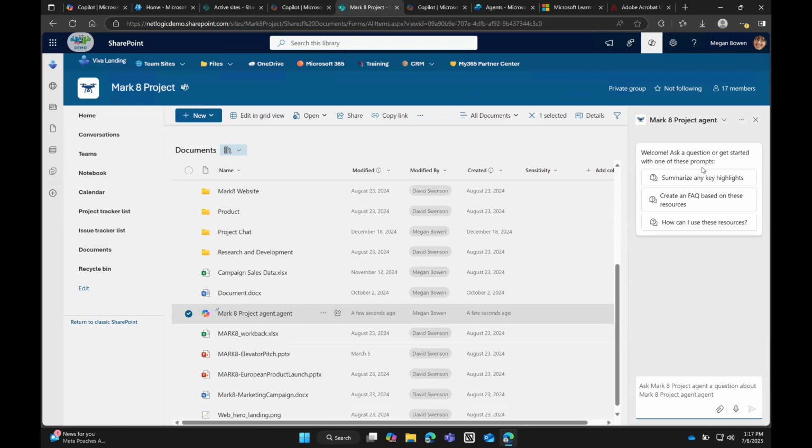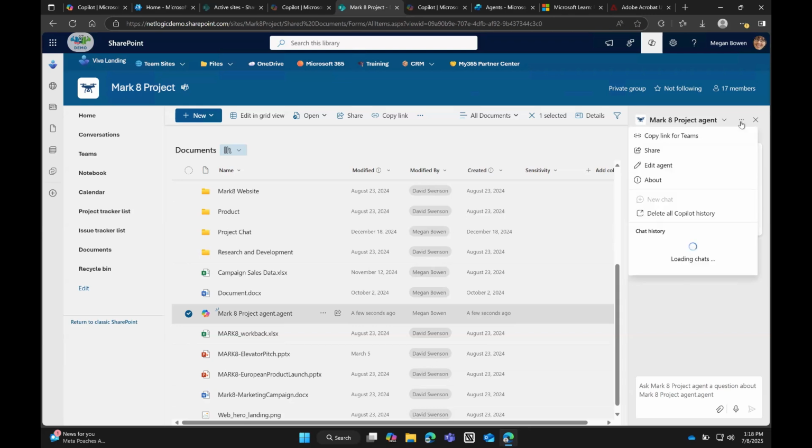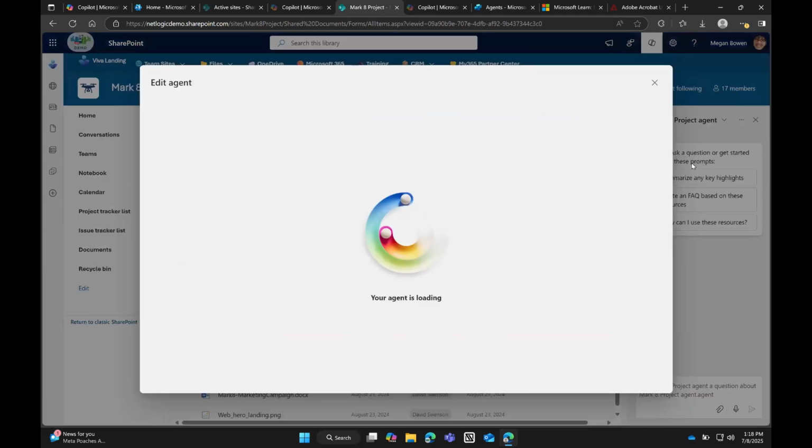So we can take a minute here to go ahead and edit it and give it a couple more instructions, which is really what starts to build the agent into something that you can use. How we're going to do that is let's click on the 3 dots, which, if you've walked through any of my trainings or calls before, always mean more options in the Microsoft world. And if you've been using Microsoft 365, you've probably seen the 3 dots everywhere. Then we are going to click on Edit Agent.